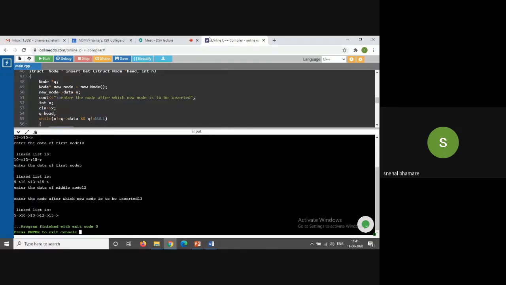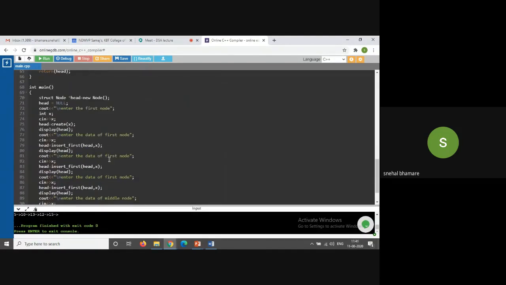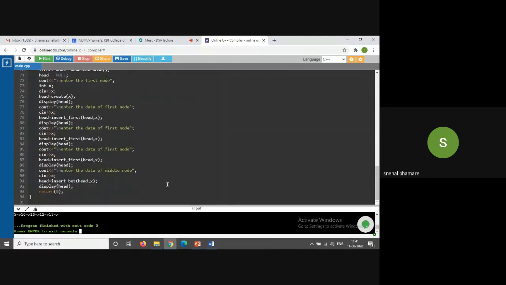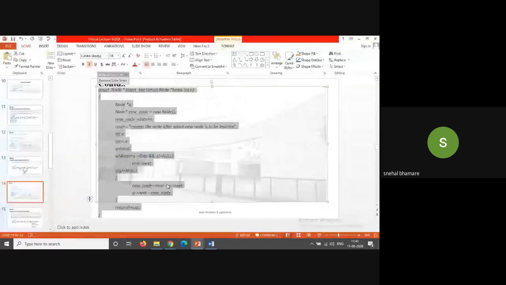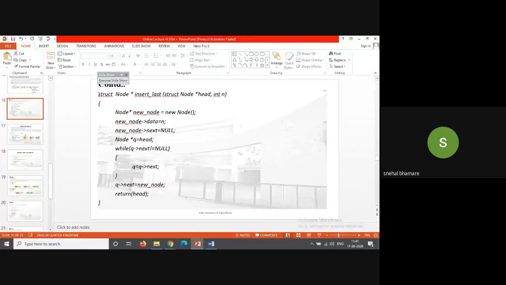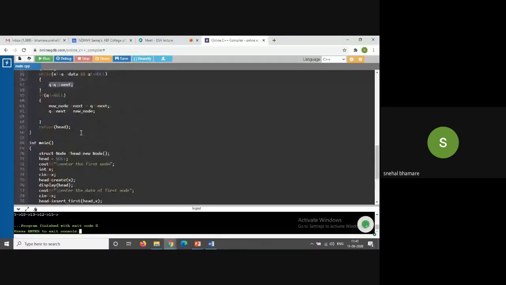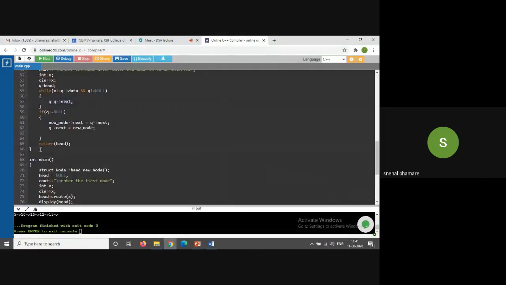Okay. And the last function, that is insert at last, we will add to the code now. For insert at last, again I have to copy that code. I'll copy this function. I'll write it before the main function.